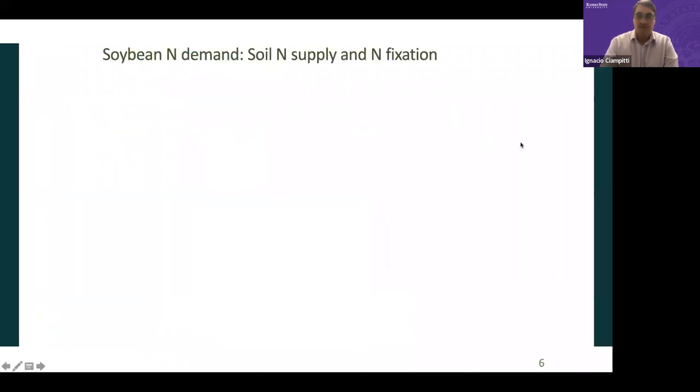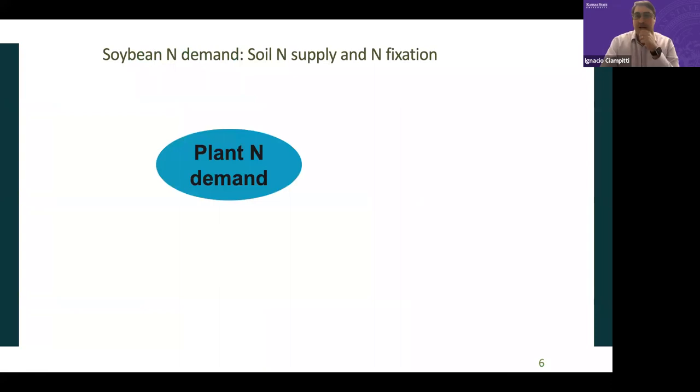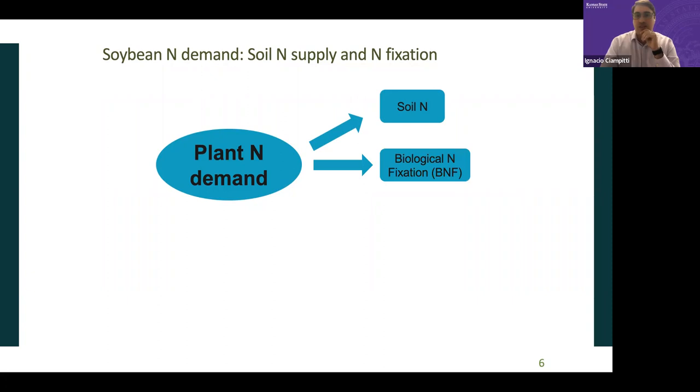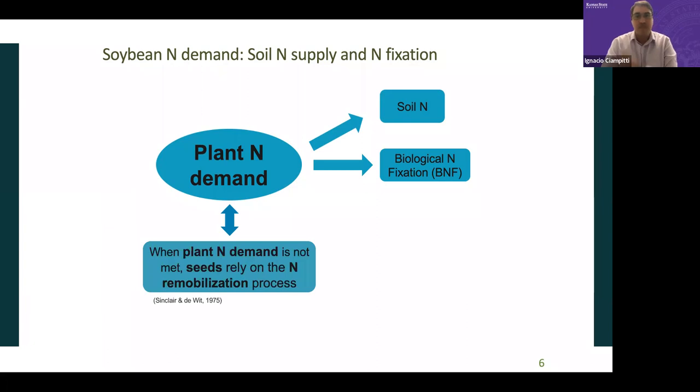And we have different sources. I mean, you already heard this term of fertilization, but when you're looking at plant demand, if you compare with other crops, you mainly have what is coming from the soil and what is coming from the fertilizer. For soybeans, in this case, it is basically what is coming from the soil. The other big component that in many situations is a little bit unknown is how much nitrogen is coming from fixation. So we talk about this biological nitrogen fixation.